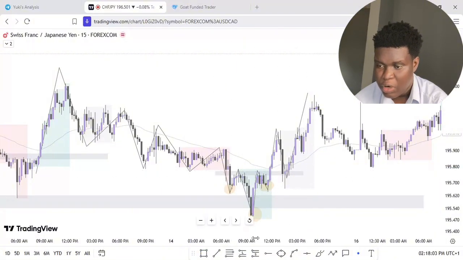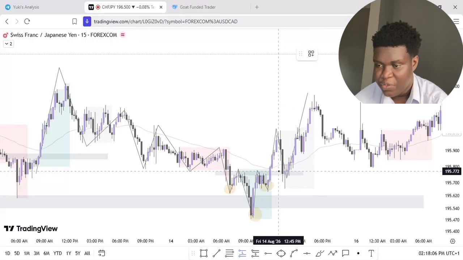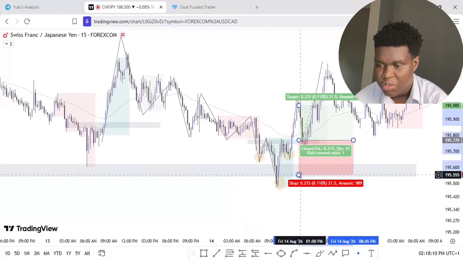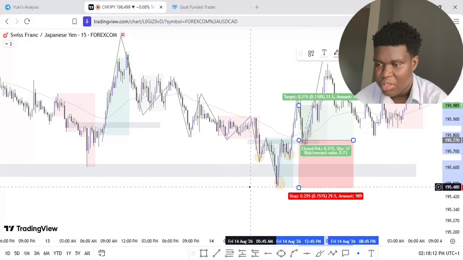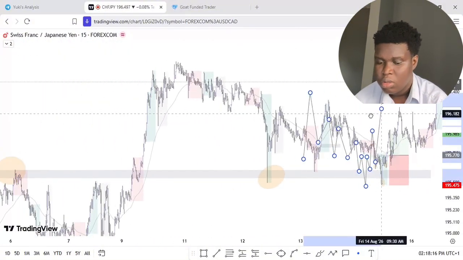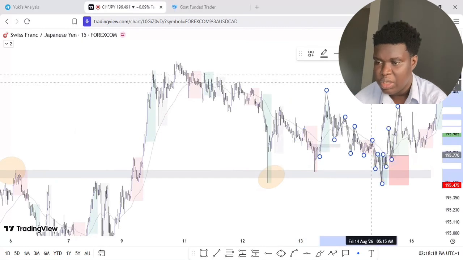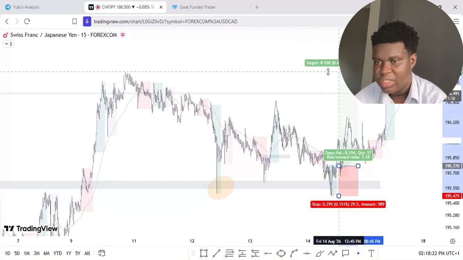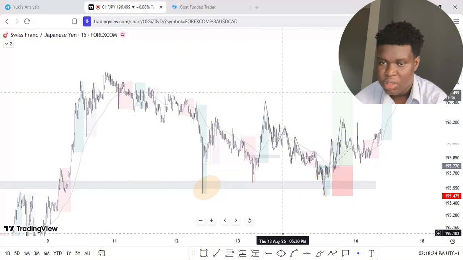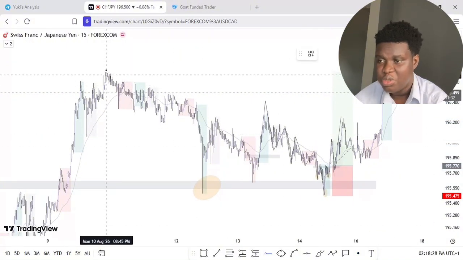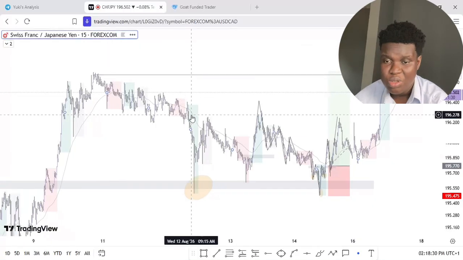So now we have the 4-hour bullish bias, then we have the 15 minutes aligning with our 4-hour bias. Stop loss would have been on this low below the EMA, a 30 pip stop loss, targeting a 1 to 3, and just like that, it would have hit our take profit. So this is a nice trade I'm supposed to take,